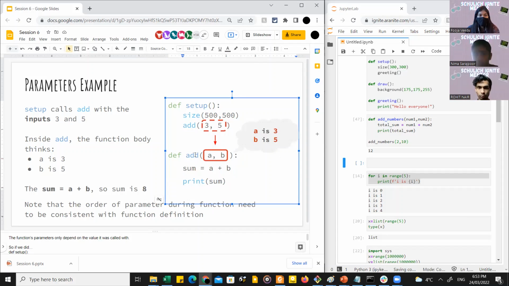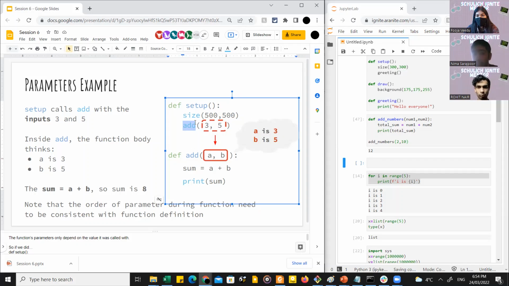You create this function, and then you call this function add. But since you have parameters now, you need to provide the values for those parameters. So it says 3 and 5. In this case, 3 means A is 3, and 5 means B is 5. So if you provide add 3 and 5, the function,